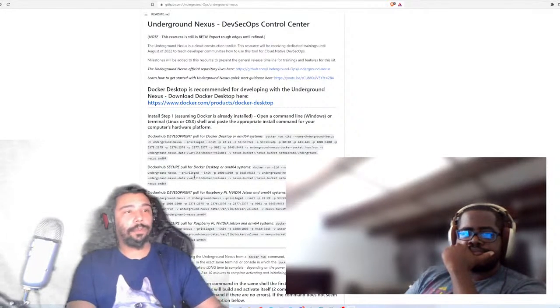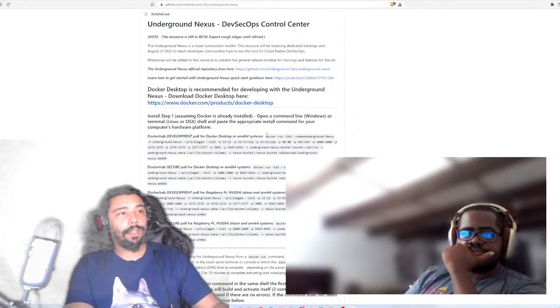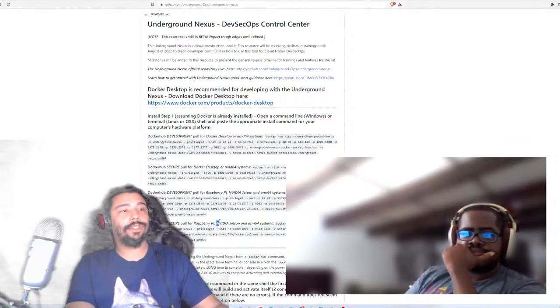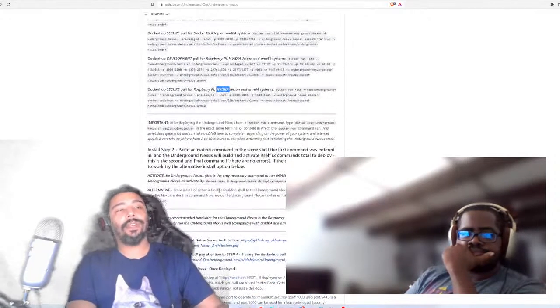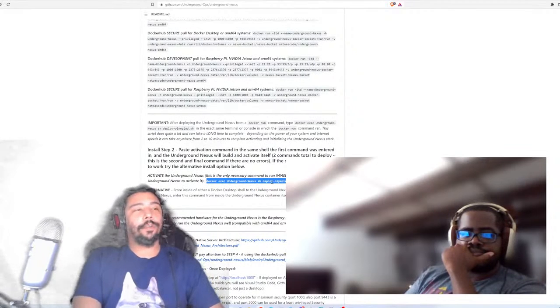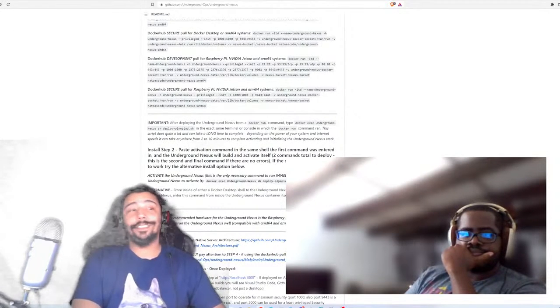You pull up your little terminal or command prompt and you copy the information for the hardware you're using. You could be using a Raspberry Pi or a Jetson. It does require a 64-bit operating system. And then the second command that you apply to activate it is this command here. Now, yes, you do have to know how to use a terminal to work with the Underground Nexus somewhat, because